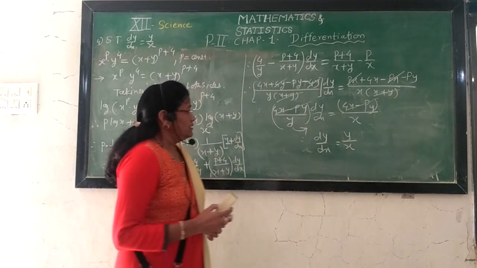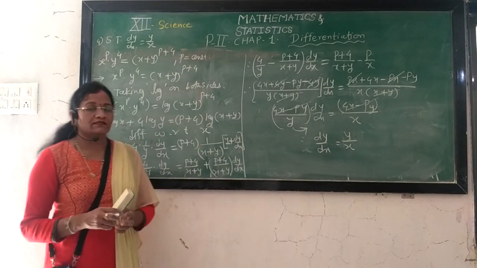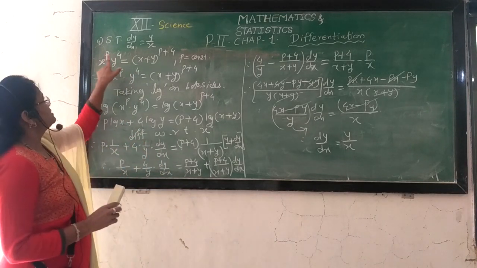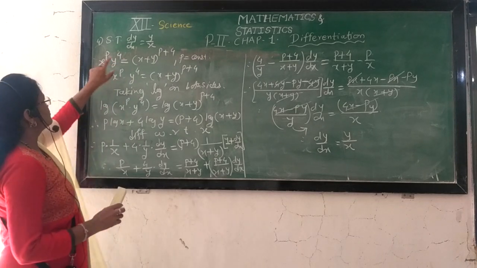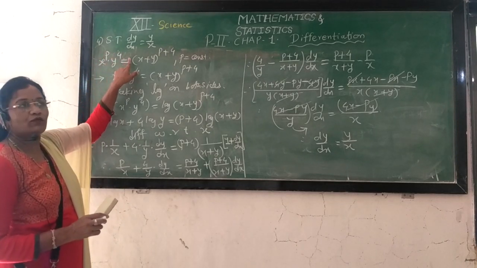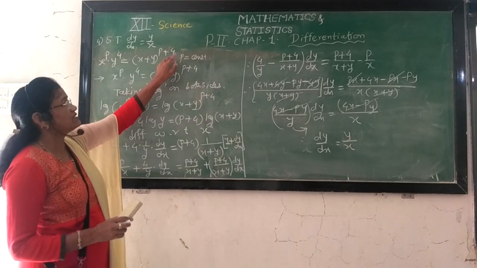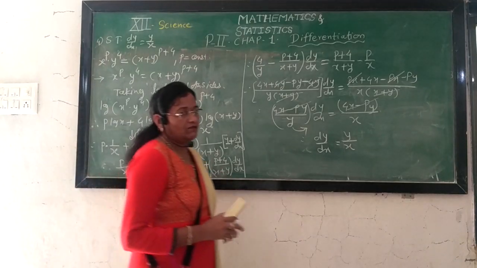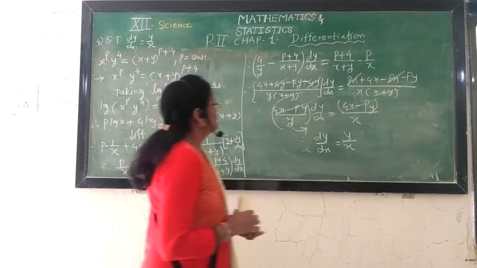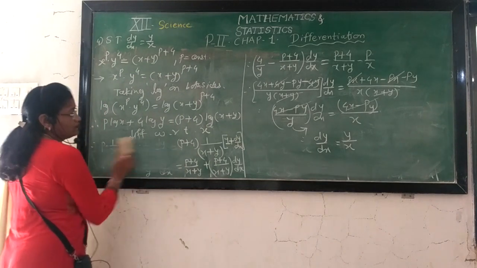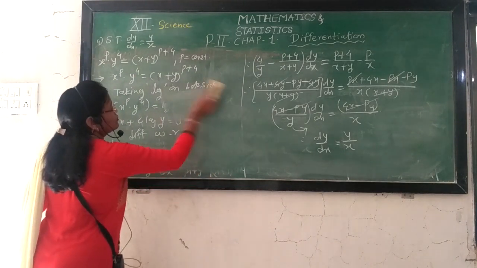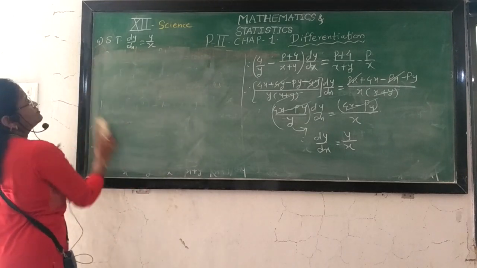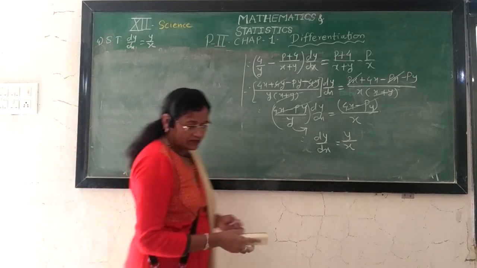This is a very important example because many times it is asked in the question paper. Again in the CET question paper there are only changes in the numbers. Suppose you are given x raised to 3, y raised to 4, so 3 plus 4, we get that value is 7. Instead of 3 plus 4, the value 7 is given. Again, you can simplify this by using this same way. You get the answer of the derivative again as y upon x. Again, there are examples of this type having answers y divided by x from this exercise.